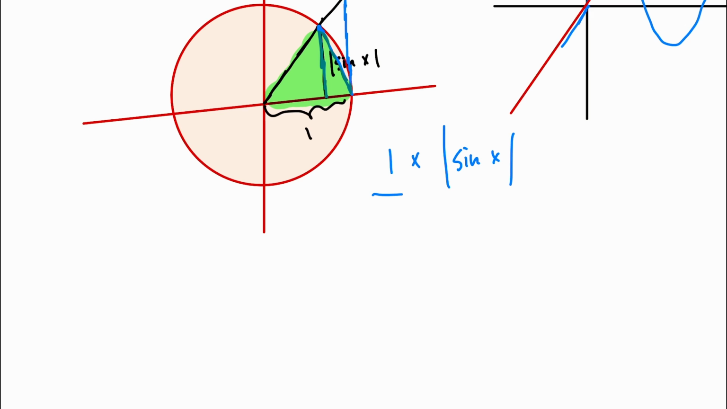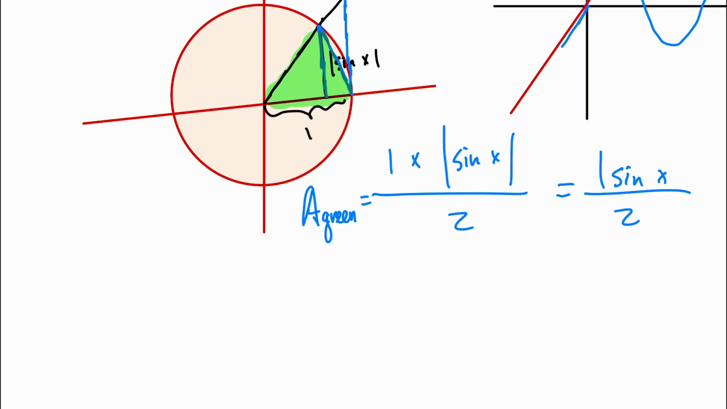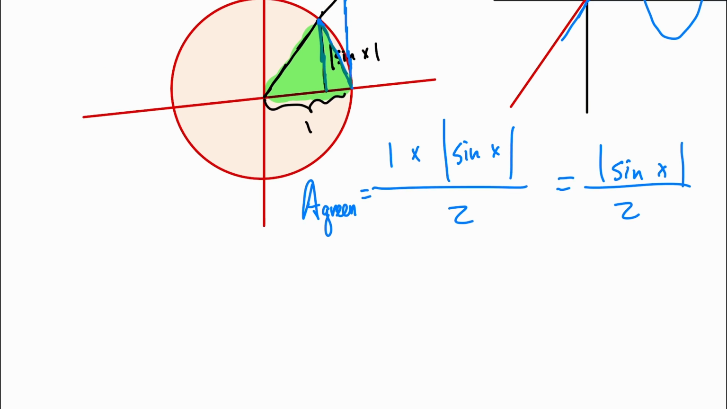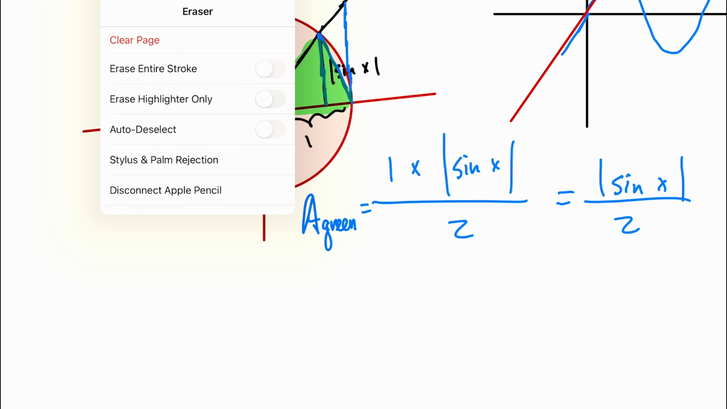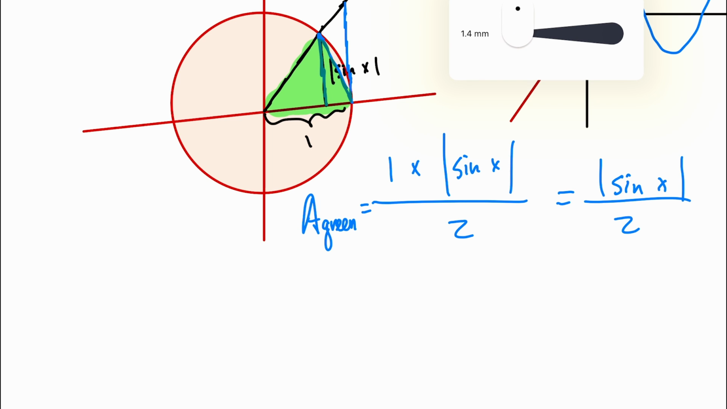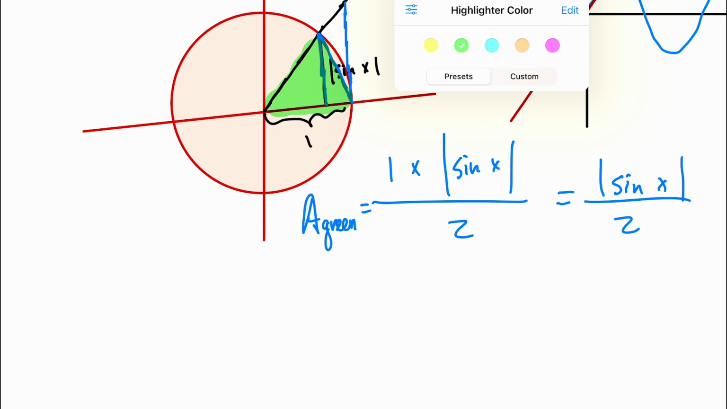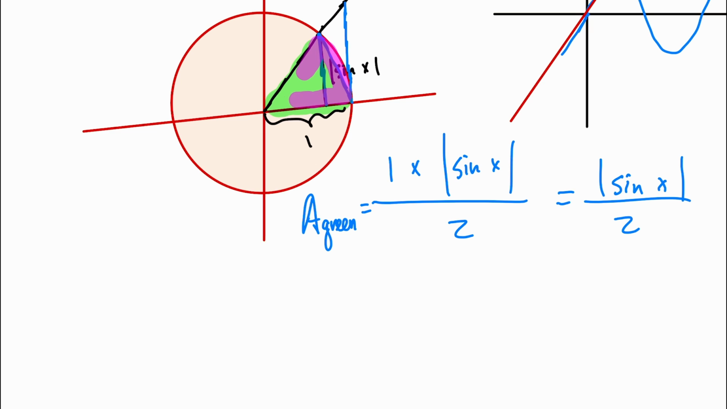over 2. So area green is equal to this, which is half of the absolute value of sine x. And the other portion, if we look at the arc, we can also find the area of this arc. So if we have this area over here, let's say it's purple,